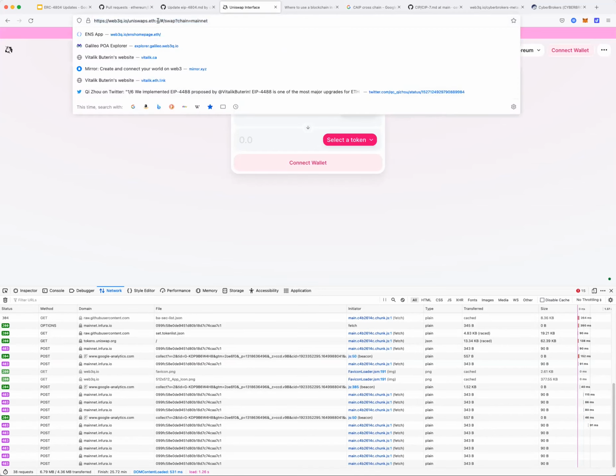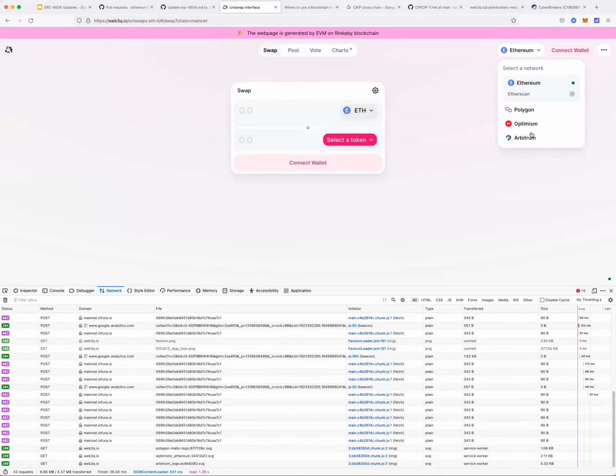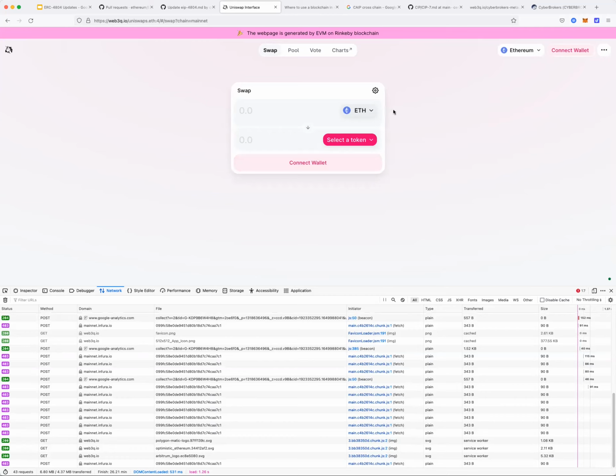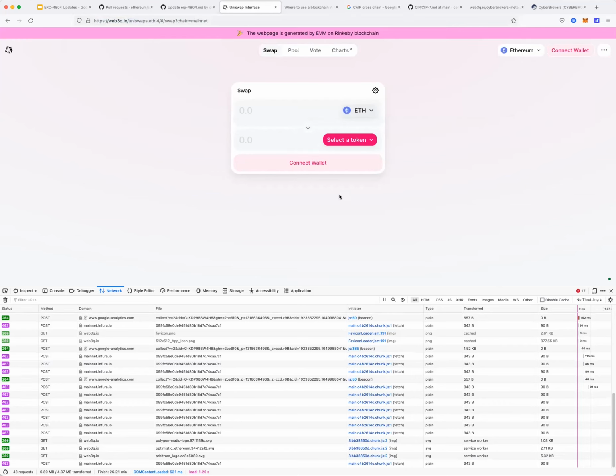So this one, the web content is stored on Rinkeby, but actually the website can work for any network, for example, Ethereum Mainnet or any other network. This website is purely a copy of the Uniswap front end, and it still connects to the wallet, but the website itself is retrieved from this standard and returned to the browser, and it's displayed just as uniswap.org is.